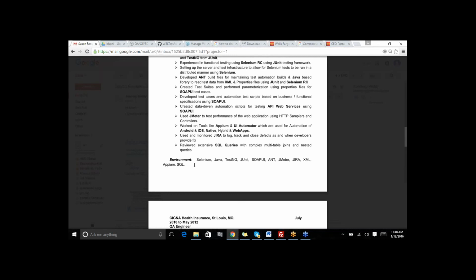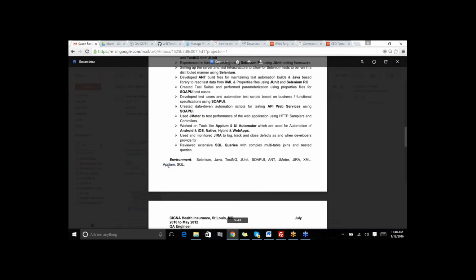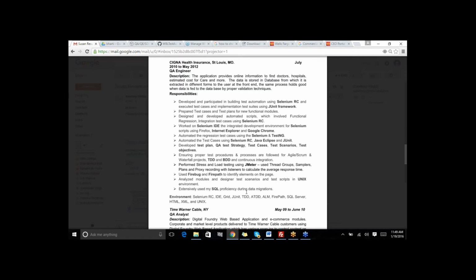See, if someone is referring you specifically for mobile, then obviously you have to do that. But if it's a general thing, then you can just say that yes, I have worked on Appium. Or just the configuration is enough, right? But here somewhere it was mentioning, in the environment, use Appium there. Yeah, so you should know how to configure Appium, just in case someone asks. But obviously if your profile is going for mobile testing specifically, then you do have to have knowledge about Appium. And moreover, most of the time what they will ask you is about any real-time things or errors that you have faced.